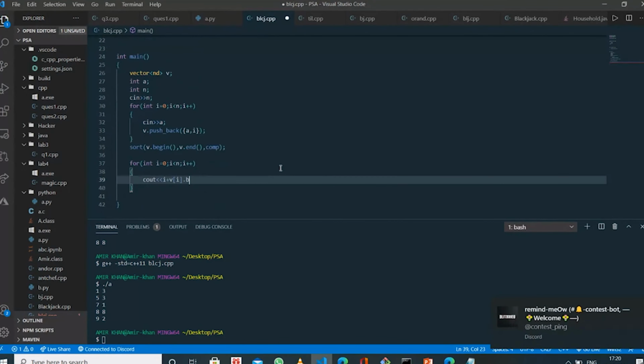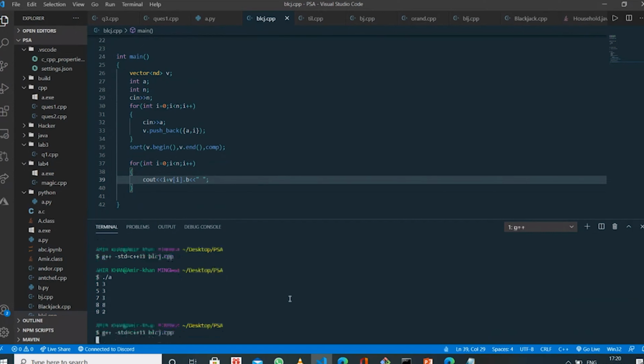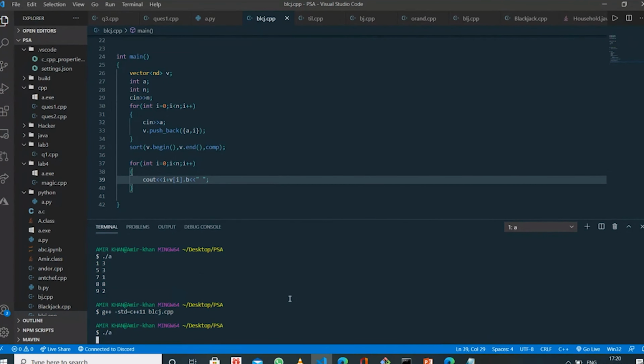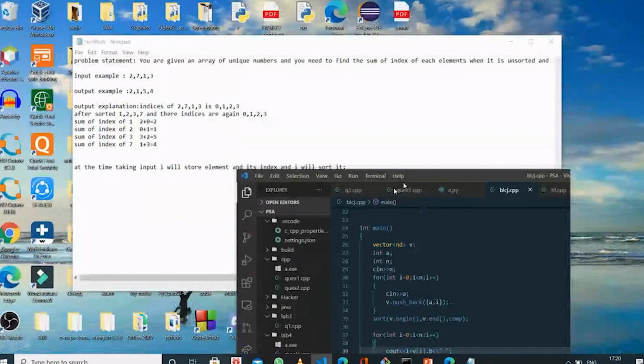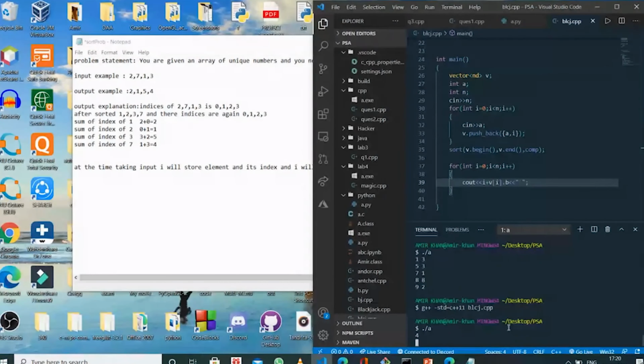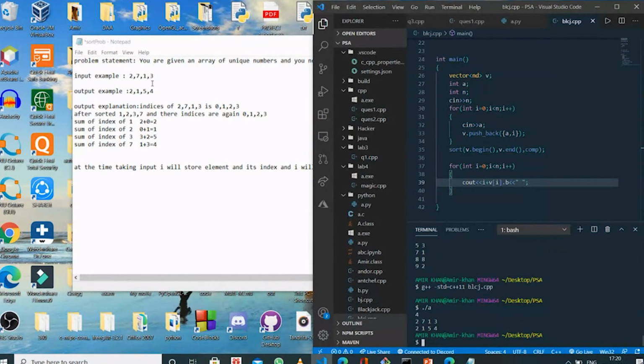Yes, it was index. Okay. What was our example input? Its size 4, 2, 7, 1, 2, 3, 2154. The same output is coming.